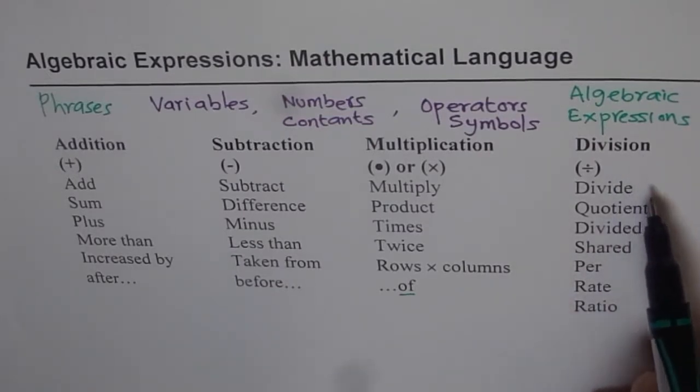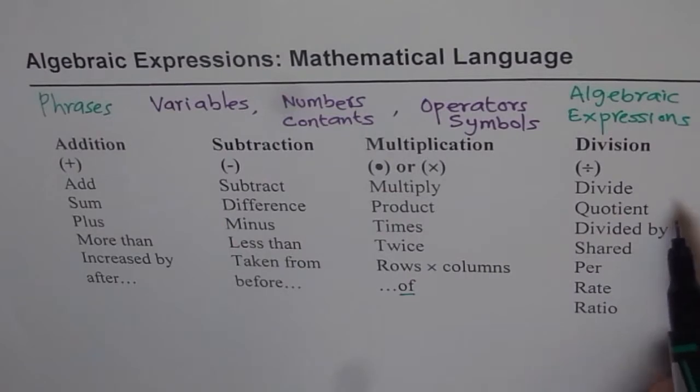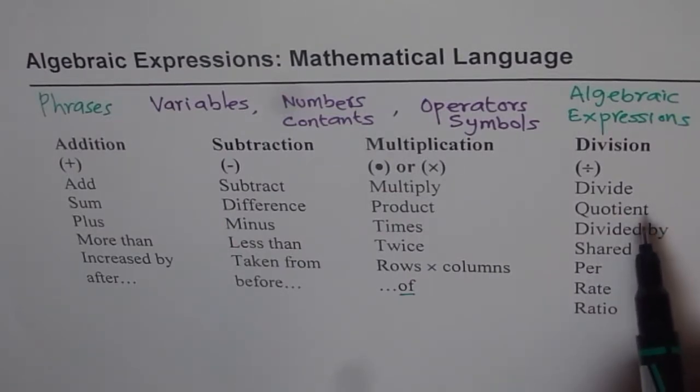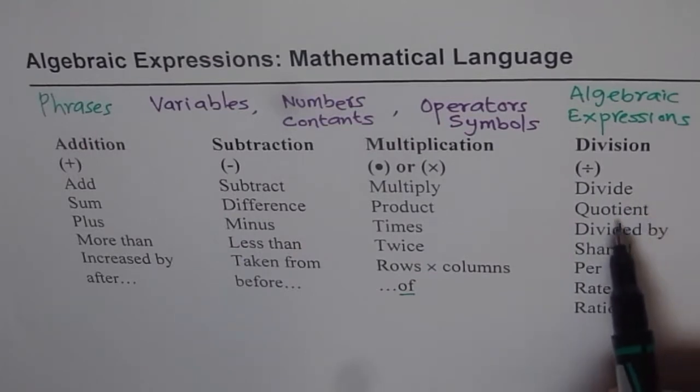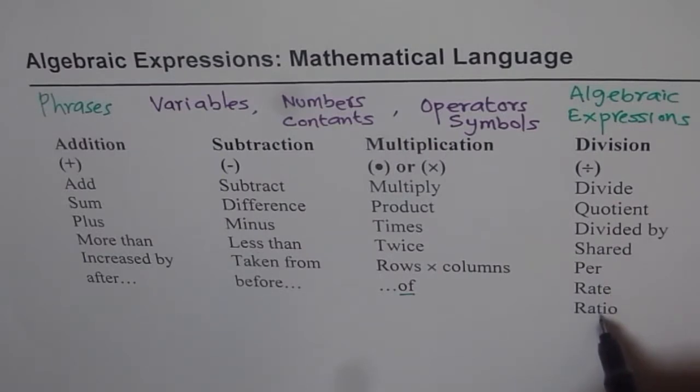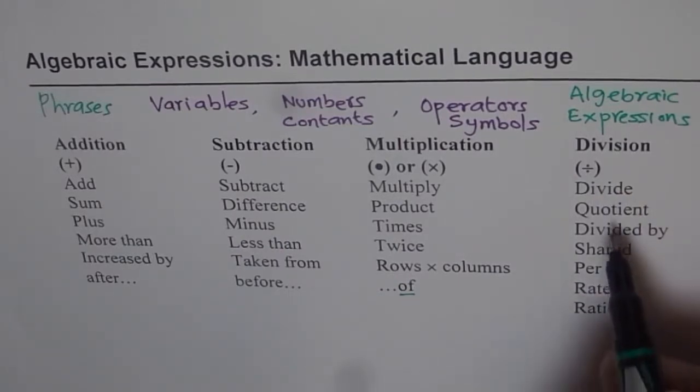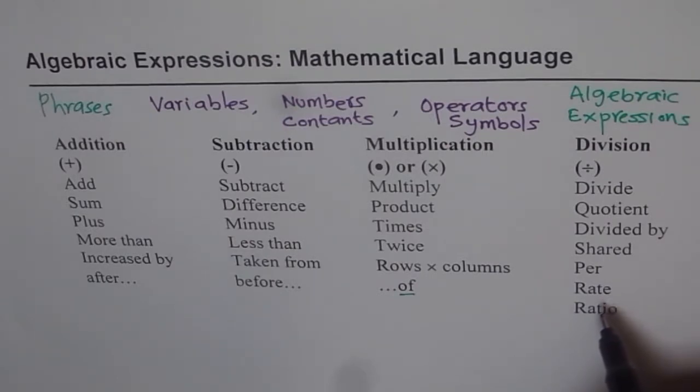Everywhere, if you get "of", that means you need to replace it by the multiplication symbol. Similarly, for divide, we have so many different words. When in a phrase you see a word like divide, quotient, divided by, shared, per, rate or ratio, that means we're talking about some kind of fraction, some kind of division, and then the division operation is involved, right? So these are the keywords. I'd like you to copy them and make a note of these keywords. Whenever you read a phrase and come across a keyword like this, a bell will ring and you will know exactly what to do to convert this phrase